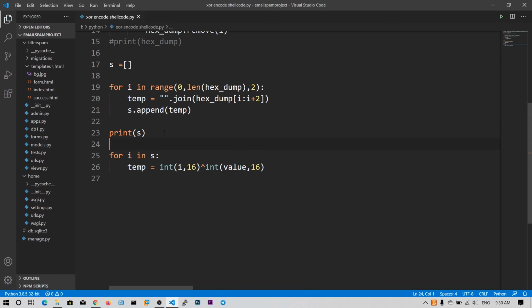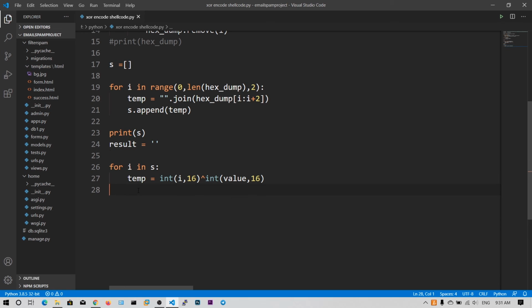Let's say encoded shellcode, or just result, and I'm going to take the null string. I'm going to append all these values into this result variable. I'm sorry, I did not do one thing. We need to convert this back into hexadecimal format.